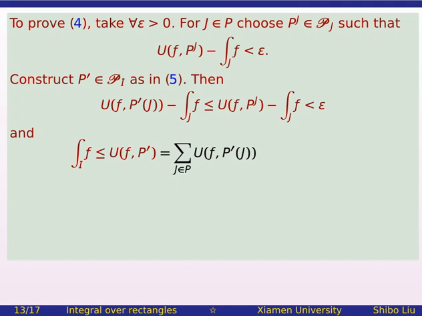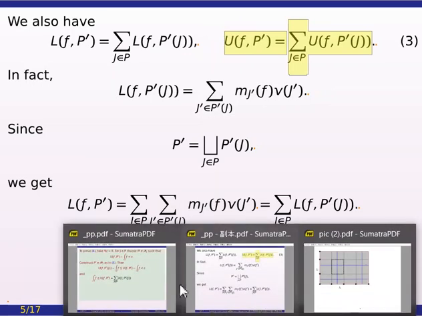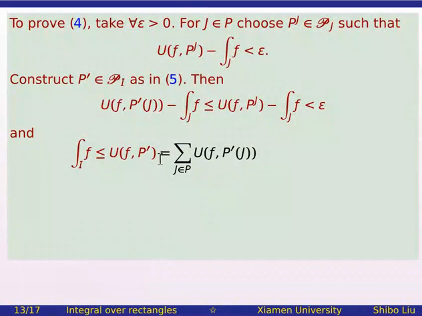That is all. We use this result again, P prime and P prime J. We have this inequality and this equality. But by the previous inequality, every this sum will not be greater than, from this inequality,